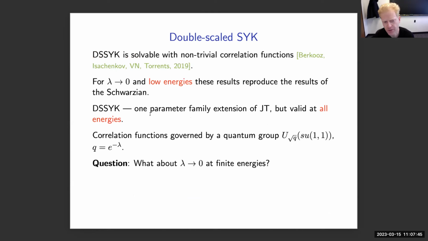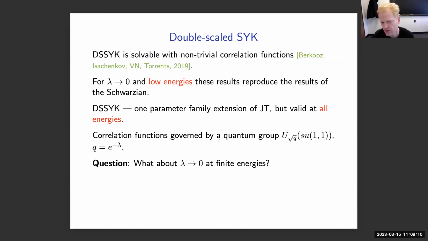So one way to think about double-scaled SYK is like a one-parameter deformation of the Schwarzian, or of JT gravity. There is this parameter lambda, and when lambda goes to 0, it's similar to JT. But first of all, just a comment that in the Schwarzian results, the correlation functions are described by essentially